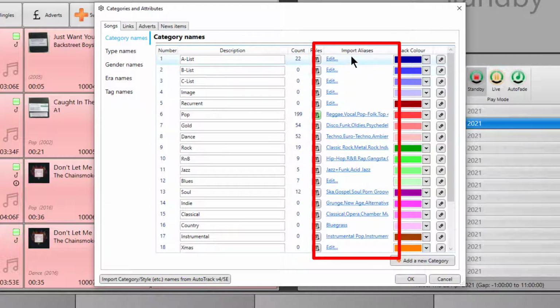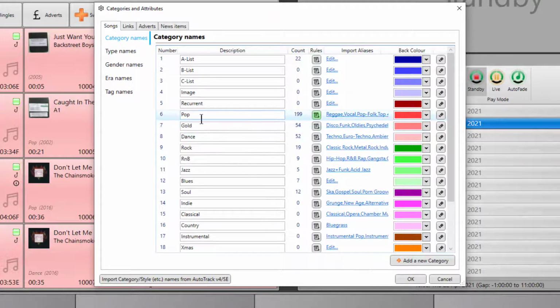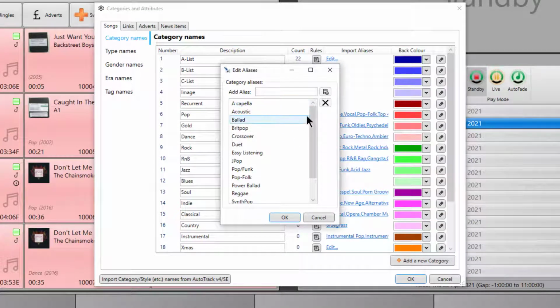The import alias column allows you to set import aliases for metadata when the system is importing audio files. The way this works is, currently in the pop category here, we have a series of import aliases. If I click on that, you can see the list of import aliases. What this means is when Myriad imports an audio file, it will check the metadata for the genre category, and if it finds anything that's listed in the alias list here, it will route it into the pop generic